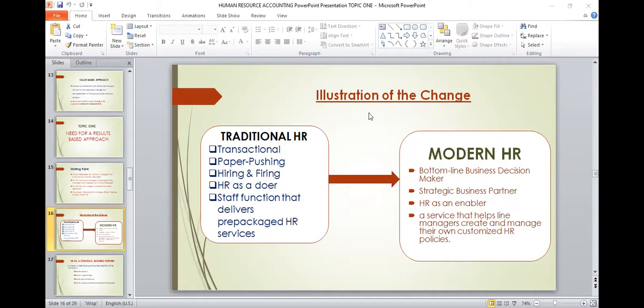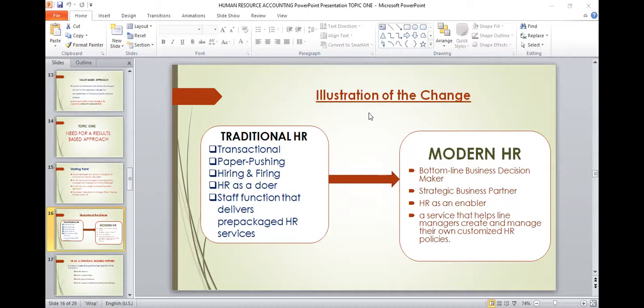Remember, we are moving away from the prepackaged and moving to the customized, because not all organizations are similar. What worked for company A, for example, what works for Safaricom may not work for Equity Bank, because these are totally different organizations. Though there are instances in which HR policies may be standard in the global arena, not all the time will this be the case because of the dynamism that we are experiencing within the business world. So they have to be customized. And the only way the line managers will be able to achieve this is when we step up.